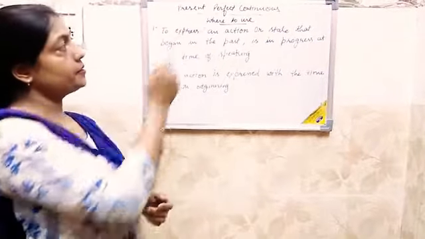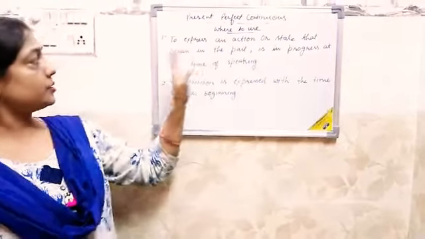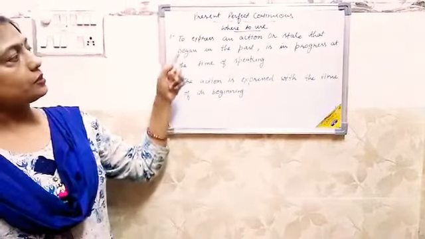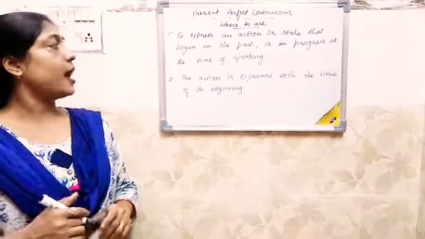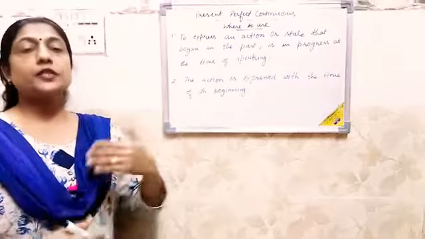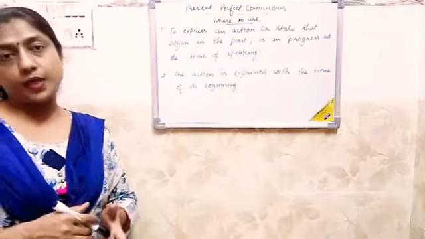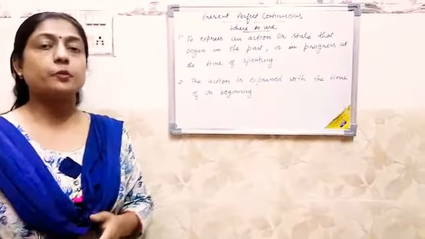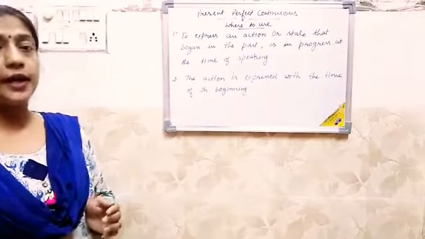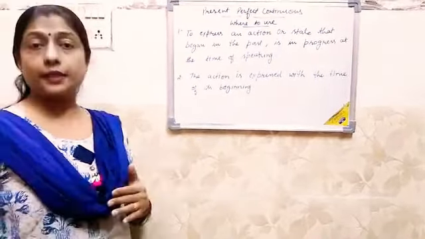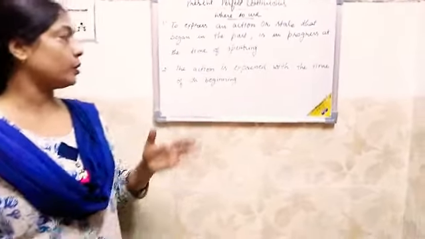This one in the present is present perfect continuous tense. First see where to use this tense. To express an action or state that began in the past and is in progress at the time of speaking, which is still continuing. The activity or the action began in the past, but it is still in continuation, it is still going on, it is in progress, it is not completed yet. It shows that it is not completed yet, it is still going on.